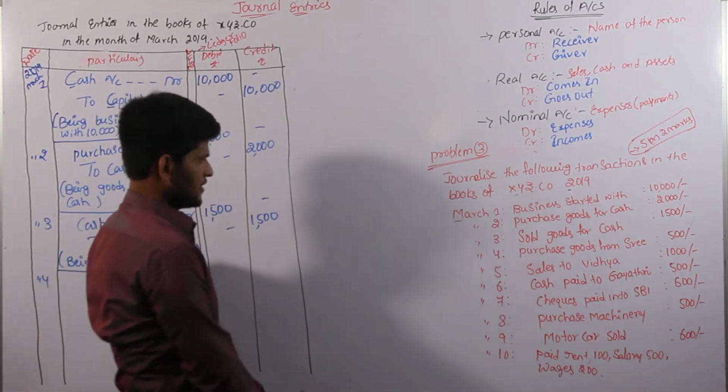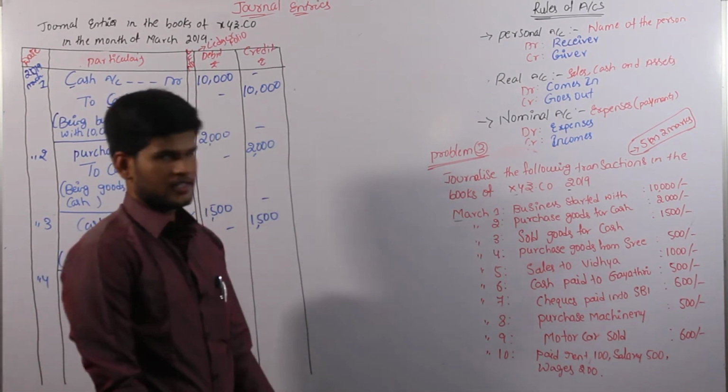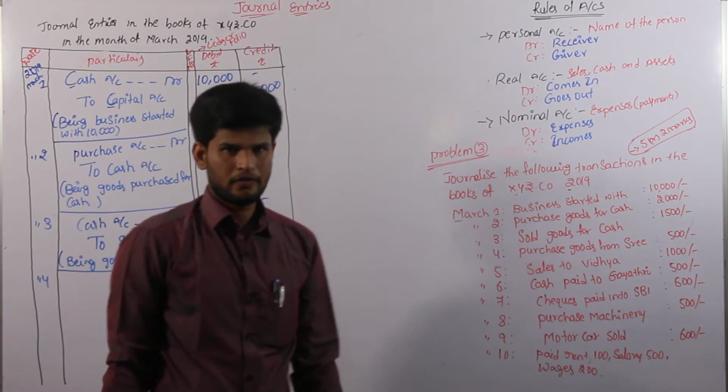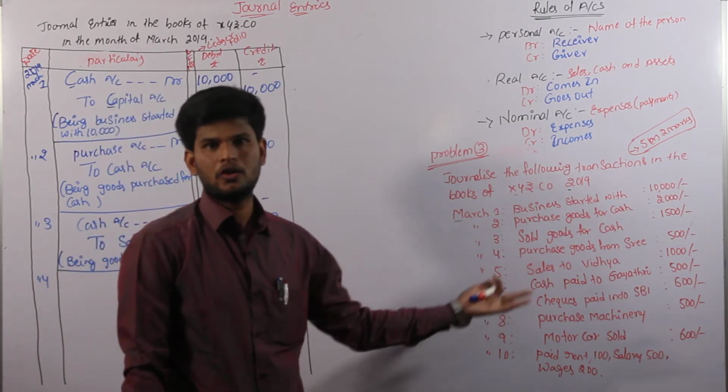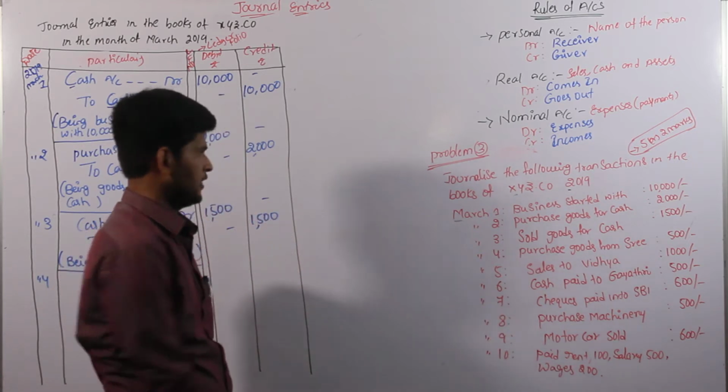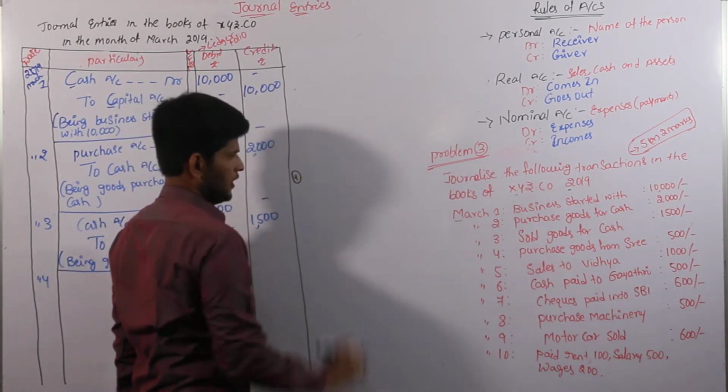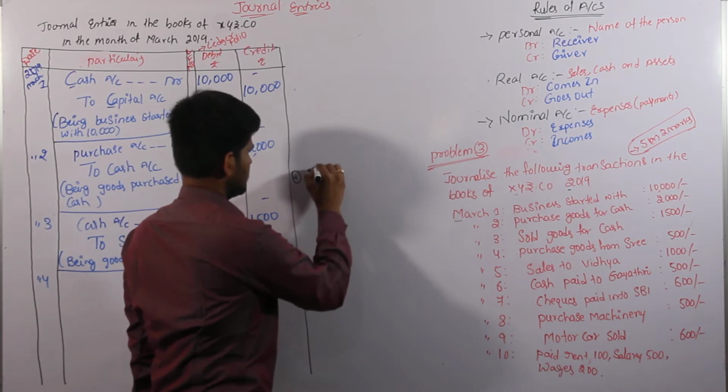Come to the fourth transaction. In our fourth transaction also we can find out the three rules of accounts to be satisfied. The transaction is having three rules, two rules or one rule. That is the most important. And come to the fourth transaction, that is purchase